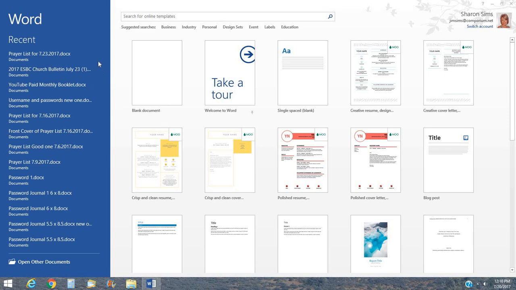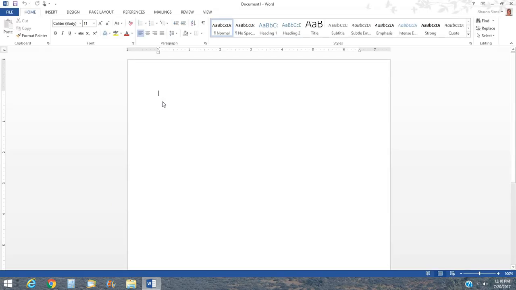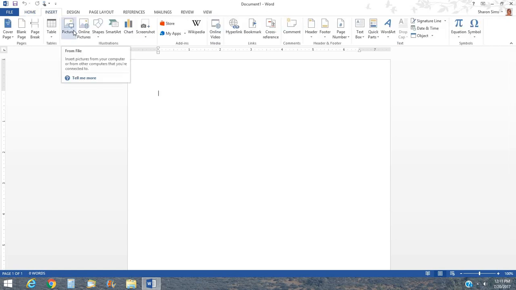So after you have Microsoft Word up, and like I said, you've already downloaded the images or the paper collection, you're going to bring up Microsoft Word, and then you're going to go to blank document. And then it's going to bring up a workspace here. Just for an example, if you want to do your digital papers, you will go to Insert, Pictures,